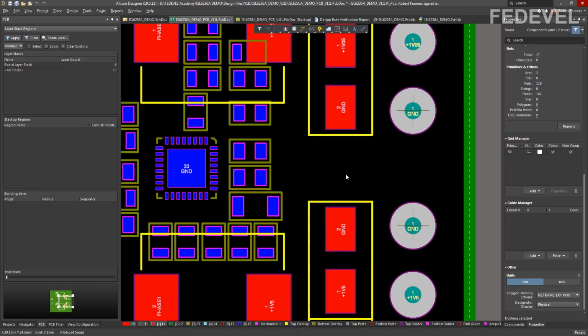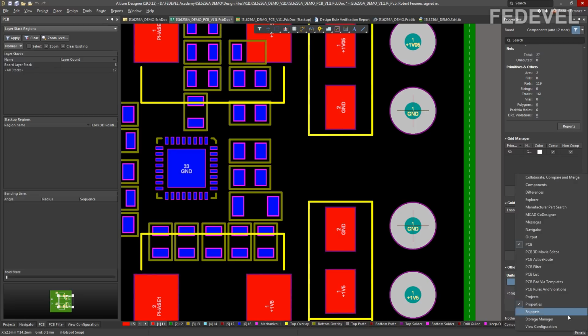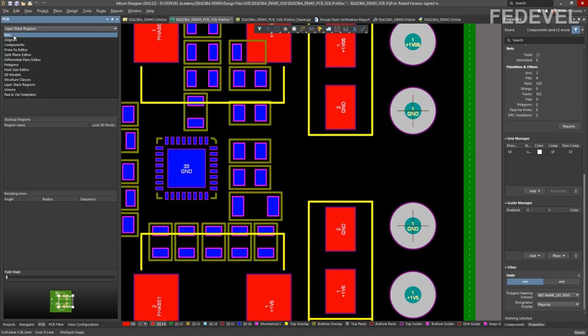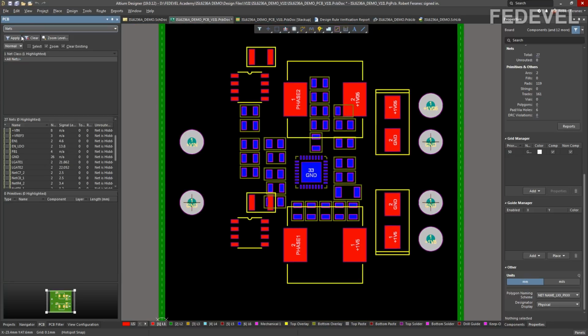This is how you can do it. Go into the PCB panel, left click on this PCB tab, or if you cannot see the PCB tab, go to panels and select PCB. Then inside the PCB panel, click here and select nets from this list.